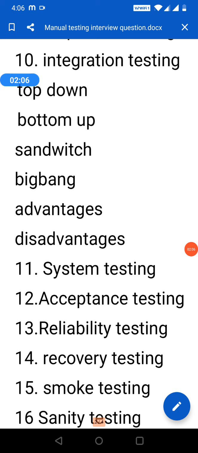Incremental integration testing means incrementally adding the modules and testing the data flow between modules. Top-down integration testing means adding the module that is a child of the previous module. So first we do testing for the parent and then add the child of the parent module. That is top-down. We need to ensure the module being added is a child of the previous module.